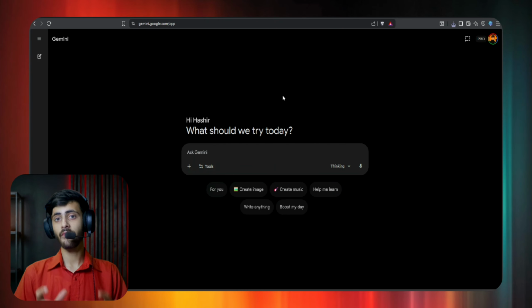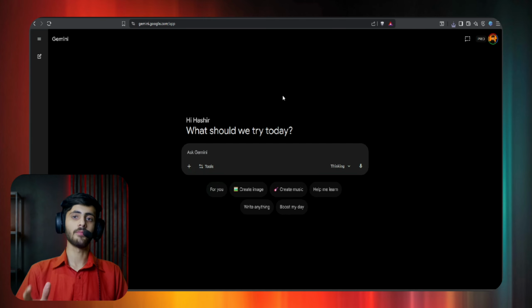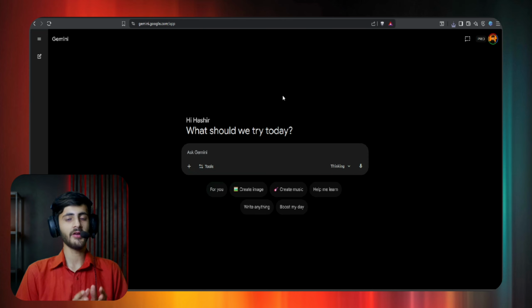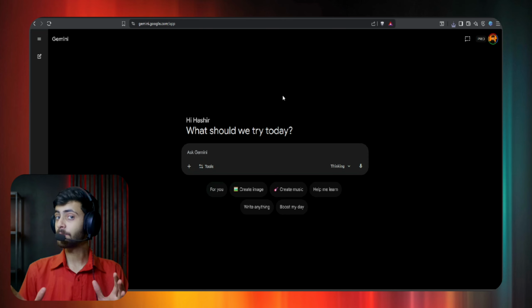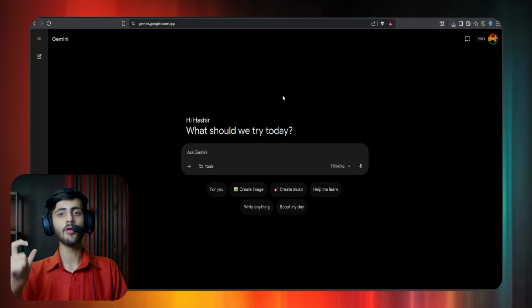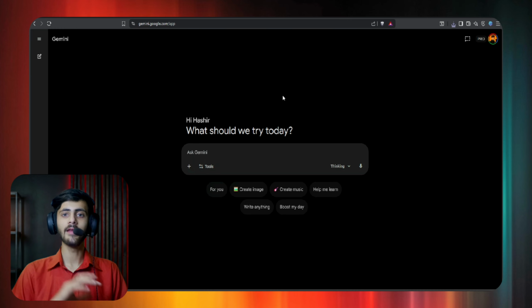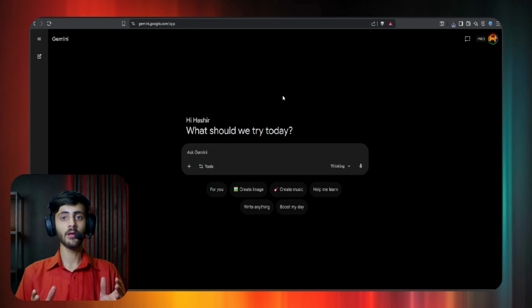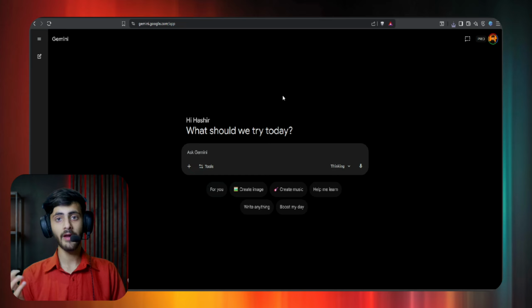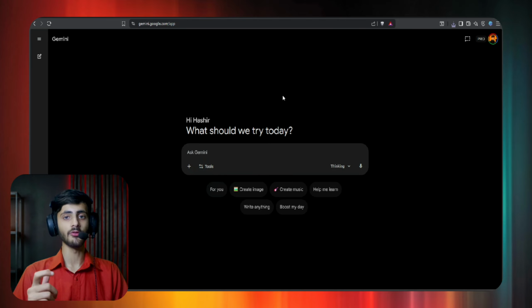The image generator we are going to use is called the Nano Banana Pro. If you know about the Nano Banana, it's a very good model, and the best model available on the planet for image generation is the Nano Banana Pro. And the platform I'm using for the Nano Banana is the Gemini default app. You can use whatever platform you like, but you need to use the Nano Banana Pro in order to edit your images very accurately.